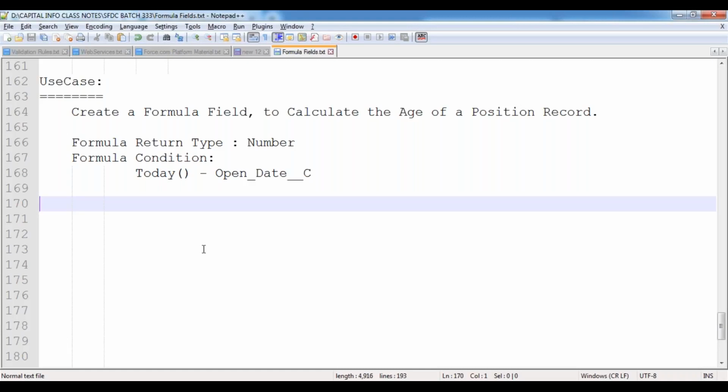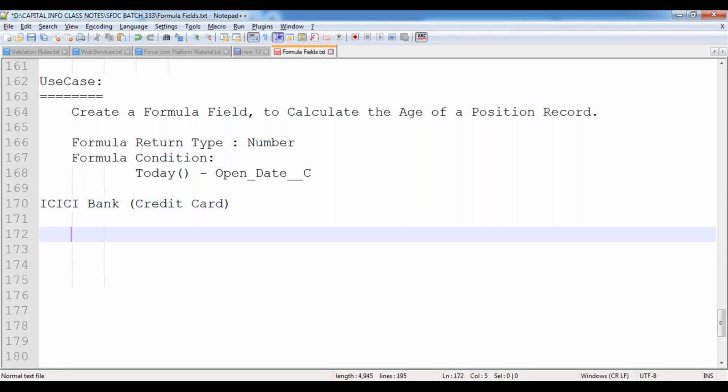Now let's see. For example, I'm using a credit card from some ICICI bank. For my credit card, there is a bill generation date.